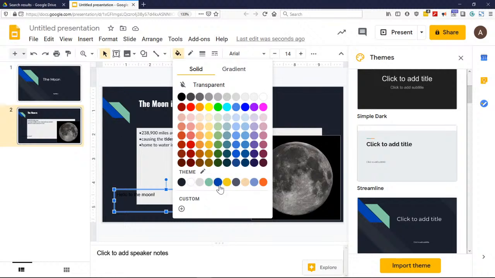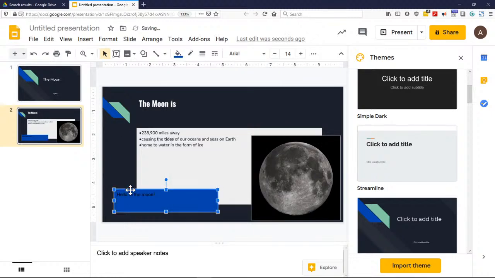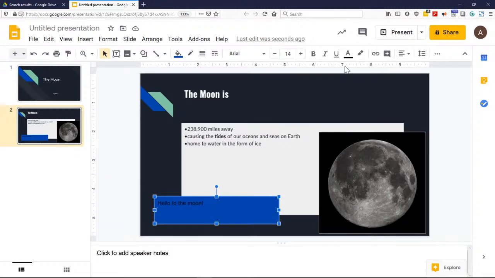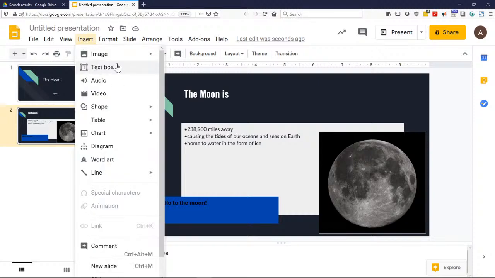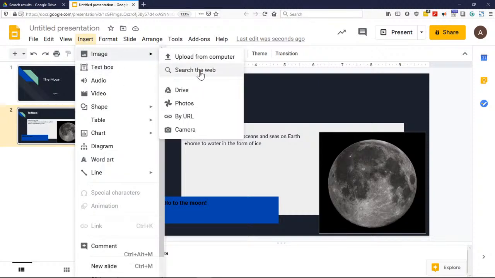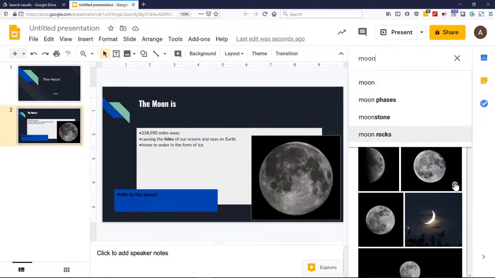What is that? That's like a bluish. Yeah, I don't know if I like that much. Anyway, it kind of blends in a little bit there. So again, if you choose this, try to choose something that matches your theme. There you go, right there. Now, this is a big thing that I do in my presentations: I'll insert an image. Let's look for,